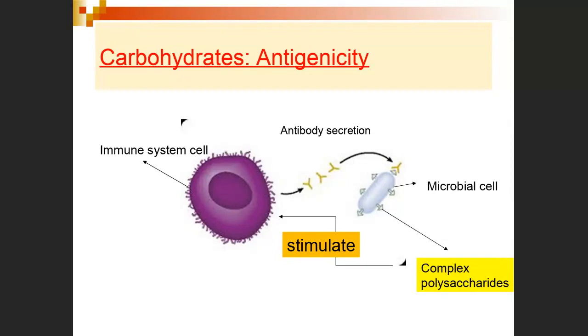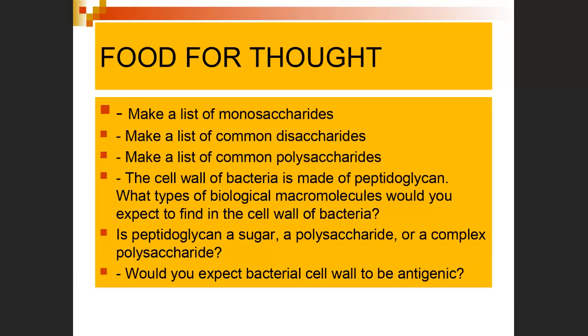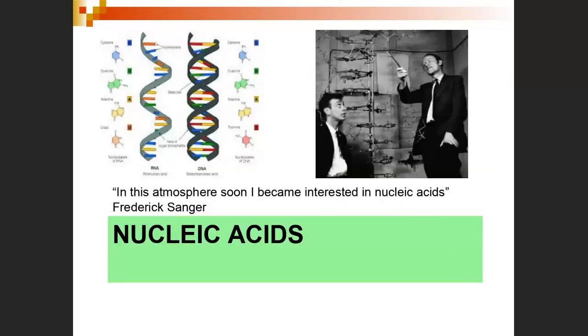So between choosing a complex polysaccharide versus a protein to make a vaccine, for example, something that would have to stimulate the immune system, you would choose a protein if you can. Sometimes you can't. Sometimes you have to use a complex polysaccharide, and then you have a problem with the vaccine not being very antigenic. Again, if anybody has questions, let me know.